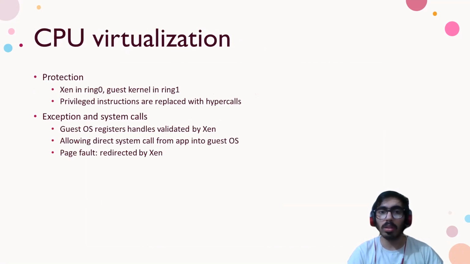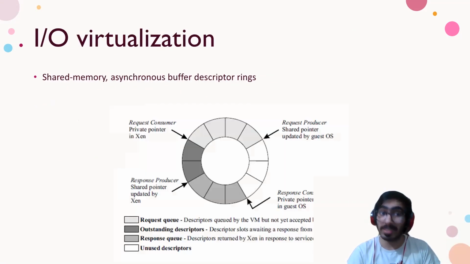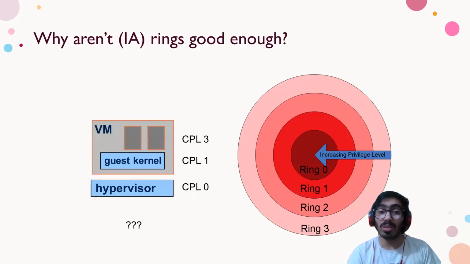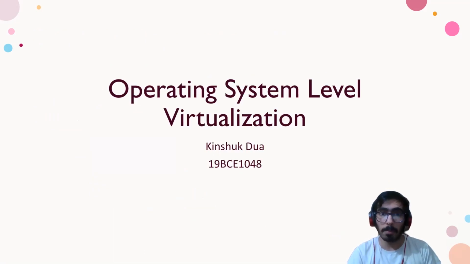So this is all about virtualization and what types of virtualization you need. You need to create a separate CPU virtualization. You need to virtualize the memory, the IO, and you have to use these protection rings. But those also cause a very big problem, and this is why we turn to containers.